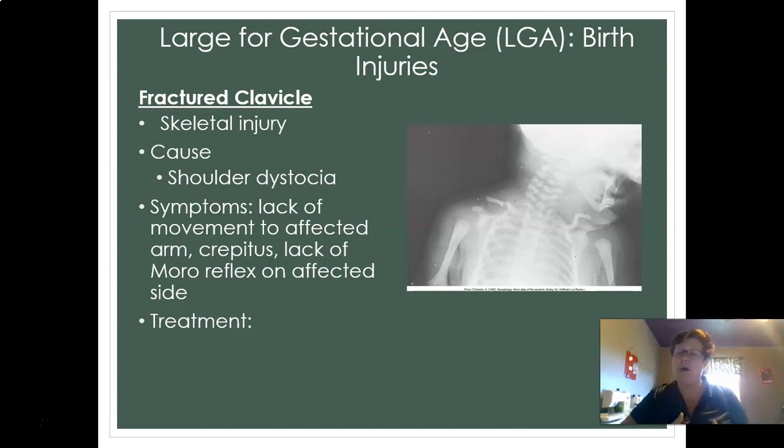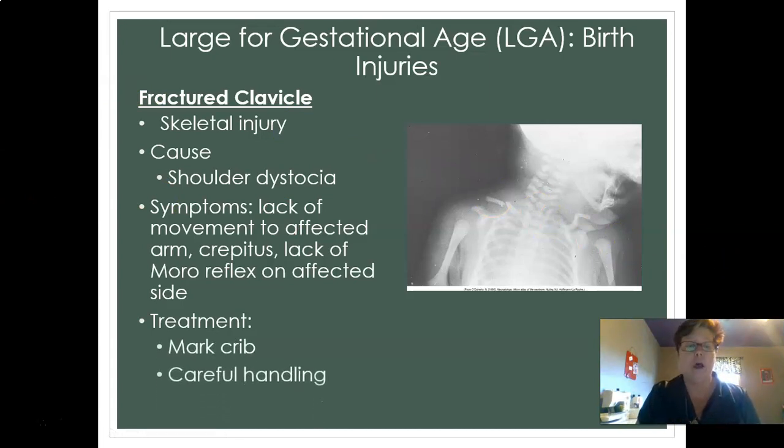So anytime you have a large baby, over 8.5 pounds, a macrosomic baby, you need to make sure that you are watching, assessing their shoulders, their clavicles, and watching their arms for symmetrical movement, okay? Especially if labor and delivery said it was a difficult delivery. So treatment is fairly simple. They will recover on their own with just careful handling,